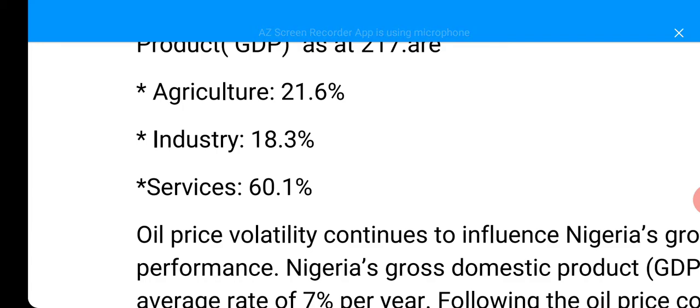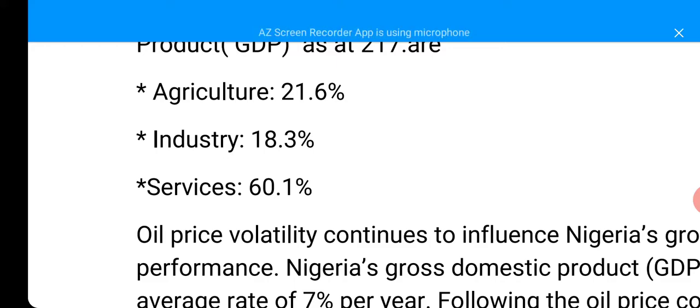The industry is talking about the manufacturing and the construction industries or companies, and services is talking about all commercial and professional services such as trade, banking, communication, transportation, advertising, warehousing, insurance, tourism, entertainment. All these make up the service industry. So you can see that the service industry is actually growing rapidly and is contributing meaningfully to the gross domestic